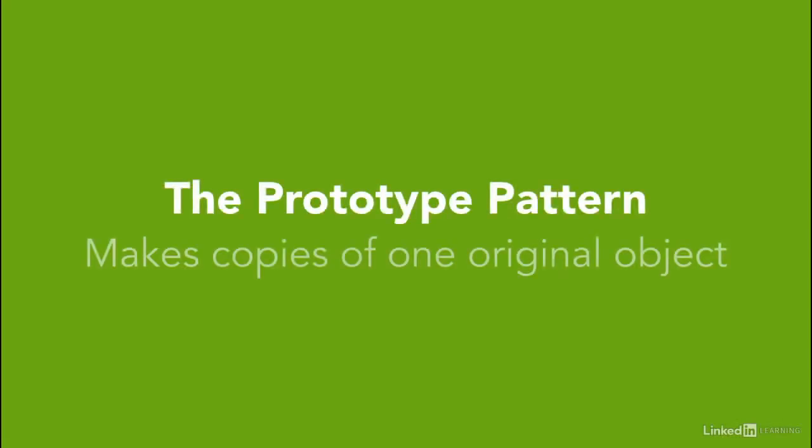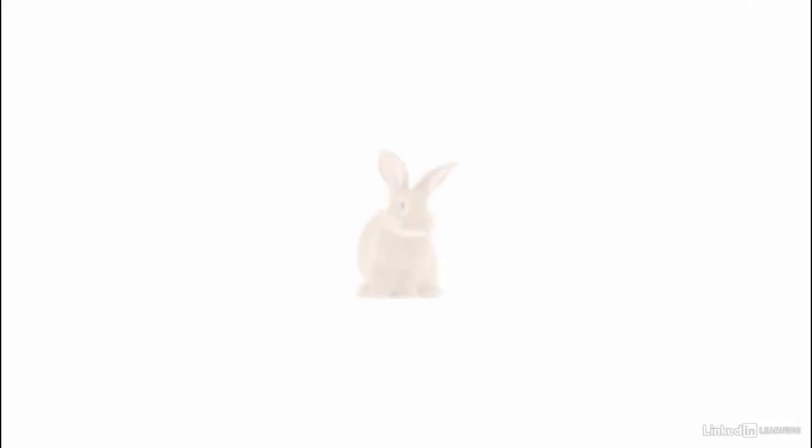The prototype pattern essentially involves making a copy of one original object. It is useful when you want to create a new object but a similar one already exists. In particular, it should be used when you do not want a system to know details of how objects are created. Say, for example, there is an application that simulates a field of rabbits, and while the application is running,